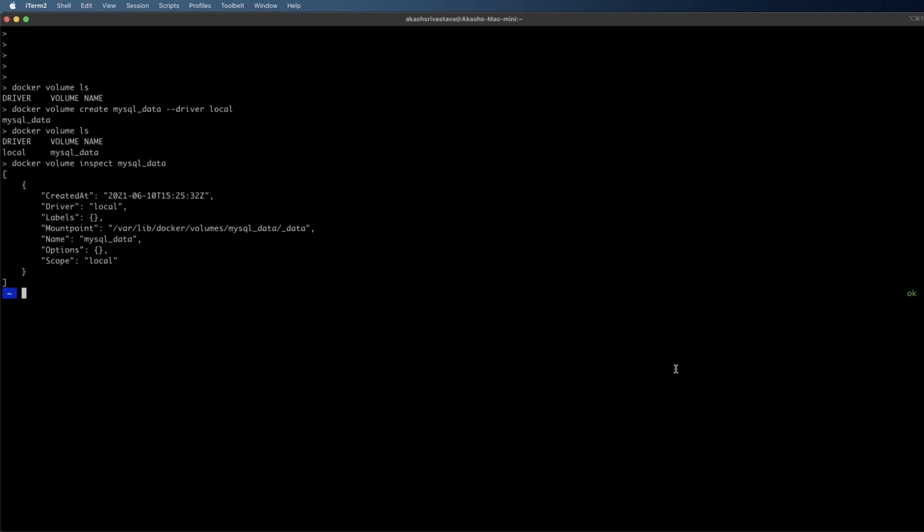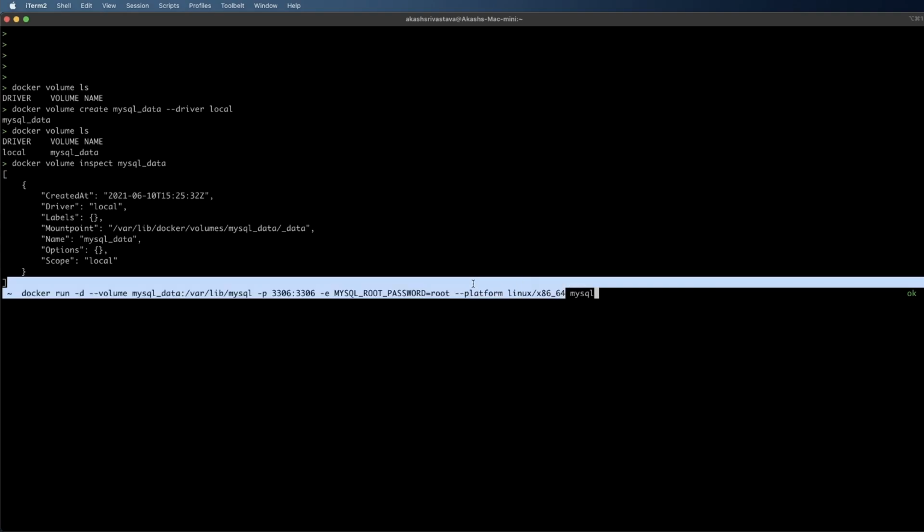So now let's go ahead and use our volume. I'm going to use this volume for storing the data of a MySQL database. I will create an instance or a container of the MySQL database and bind that container to use this Docker volume. So I'm going to use the docker run command with the following parameters: --volume for specifying the binding of mysql_data with the default storage of the MySQL database, that is /var/lib/mysql. After that I will specify the port binding, and -e for specifying the environment variable, and this environment variable is used to set the password of the root user.